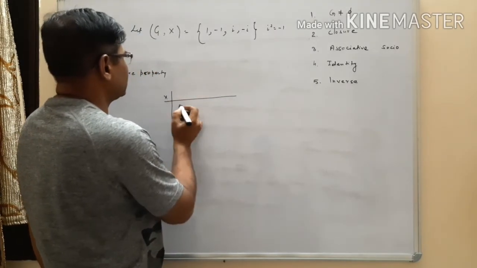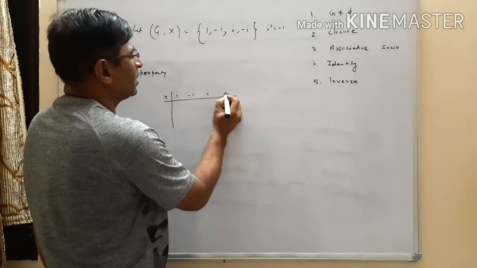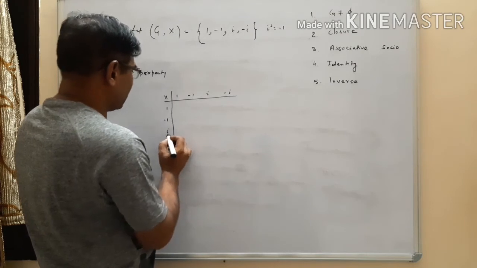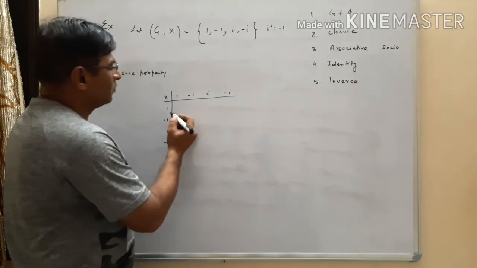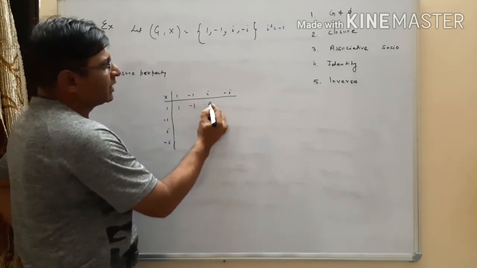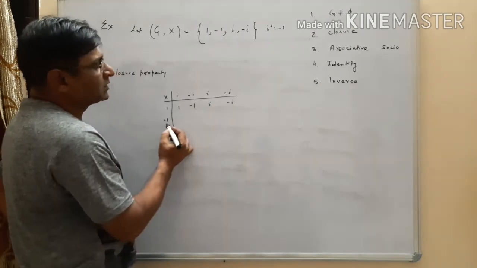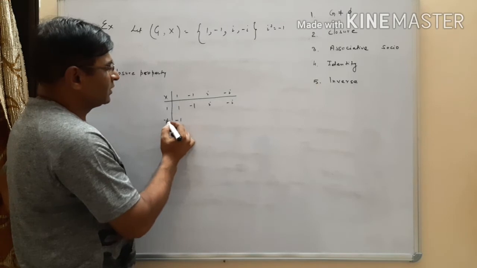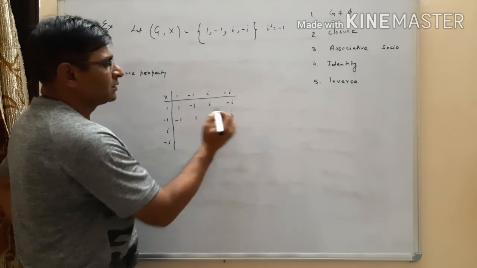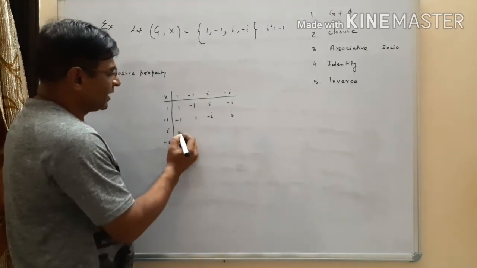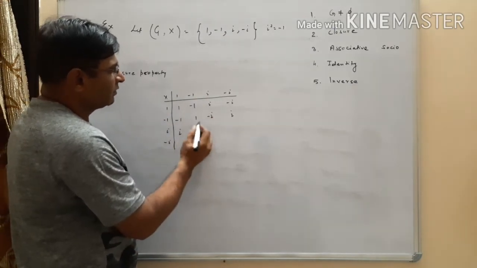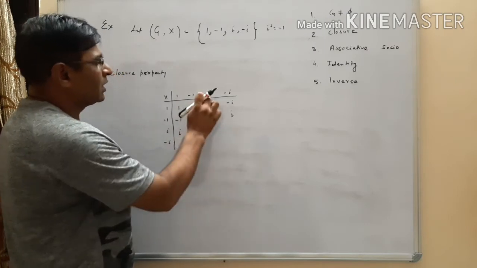Here is our operation: 1, minus 1, iota, minus iota, along both rows and columns. If 1 is multiplied to any element, definitely we get the same element. Now if minus 1 is multiplied, then this is minus 1, this is 1, this is minus iota, this is plus iota. If iota is multiplied, then this is iota, iota multiplied with minus 1 is minus iota,